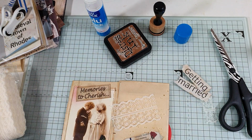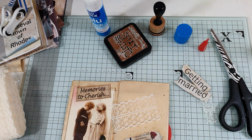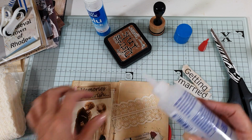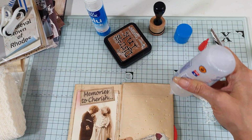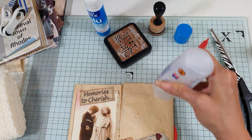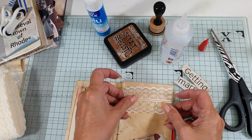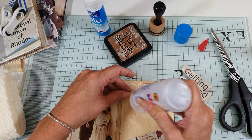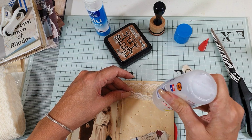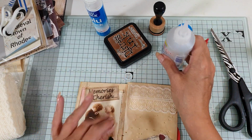Grab my Fabri-Tac. Where did I put my Fabri-Tac, Charles? And oh, I've got a mucky end, so let me just get that off. Thing is, I was going to do it quite plain, and I just get sidetracked. I think, oh, but that would look great in it, and it's going to end up being a great big masterpiece. I know it, because this wasn't going to be my main journal. I was going to make one when I come back, with everything in, which I will do. I'll do a proper big one to put everything in. But I just wanted,